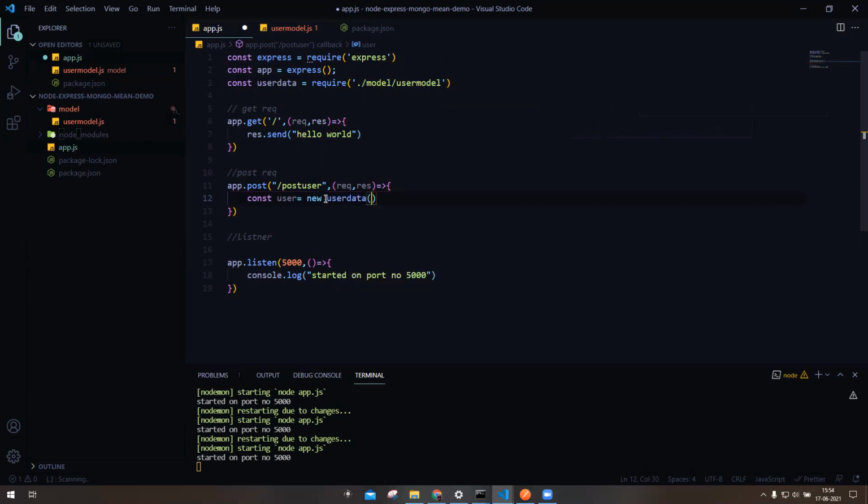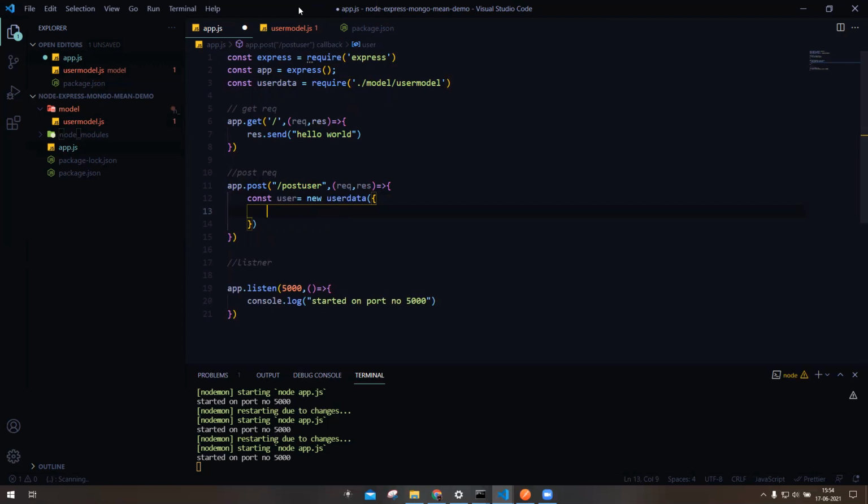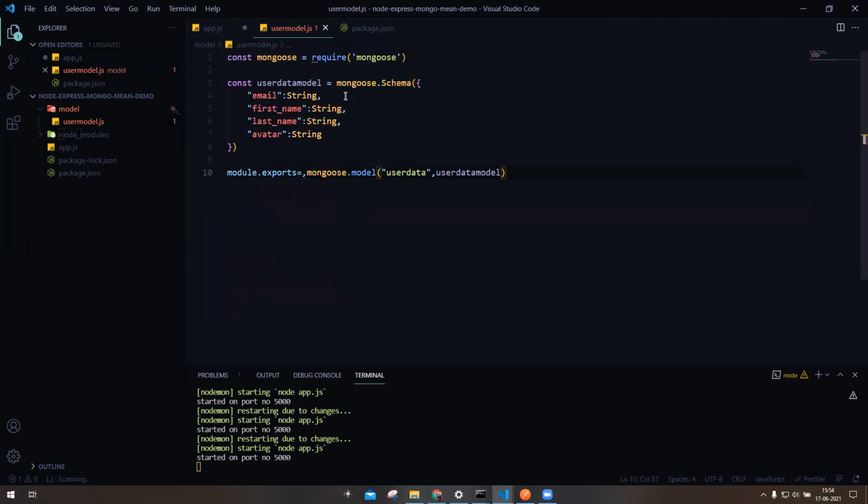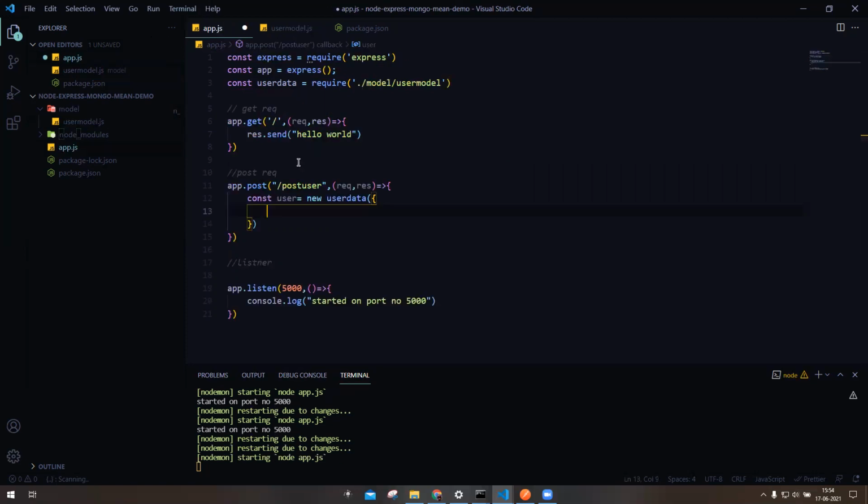Now it will take an object again. Now we have to specify what it should be taking from the body. So we will write the same fields again. We'll paste here.